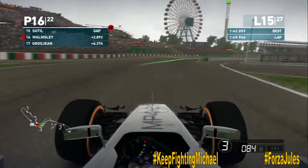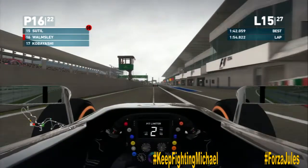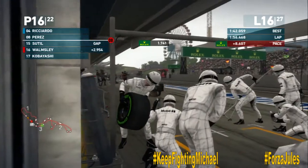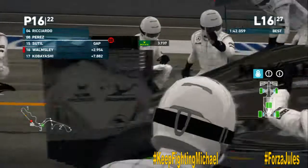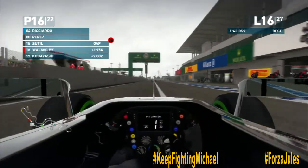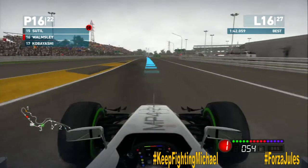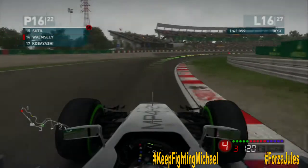We did get back up to 14th, and we actually got up to 13th, not by passes because of somebody, I can't remember why, and then we dropped back down, and now we're in the pits, putting on the intermediate tyres, because it's now got to intermediate conditions, and this is what our car is set up for, and that was Tim Marduk's setup. I've just remembered, because we set our car up for the sort of wet adaptable setup is what our setup is. As now coming out of the pits,